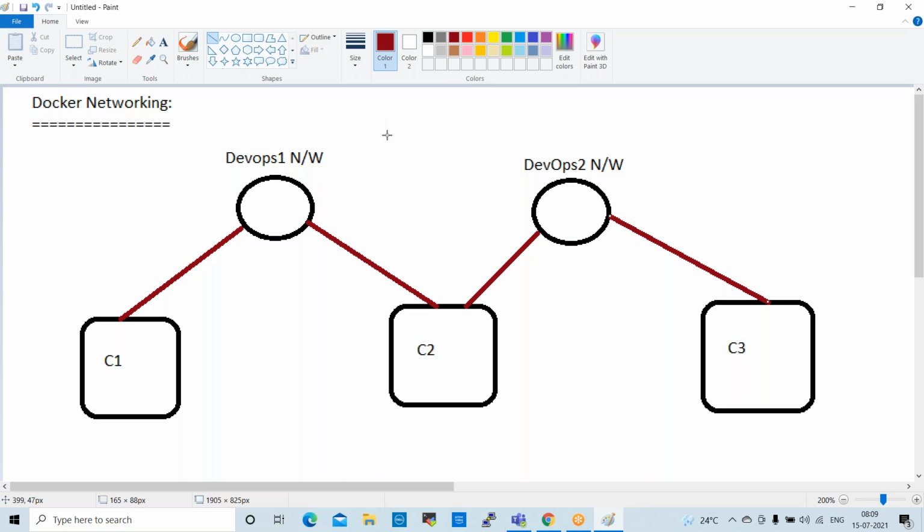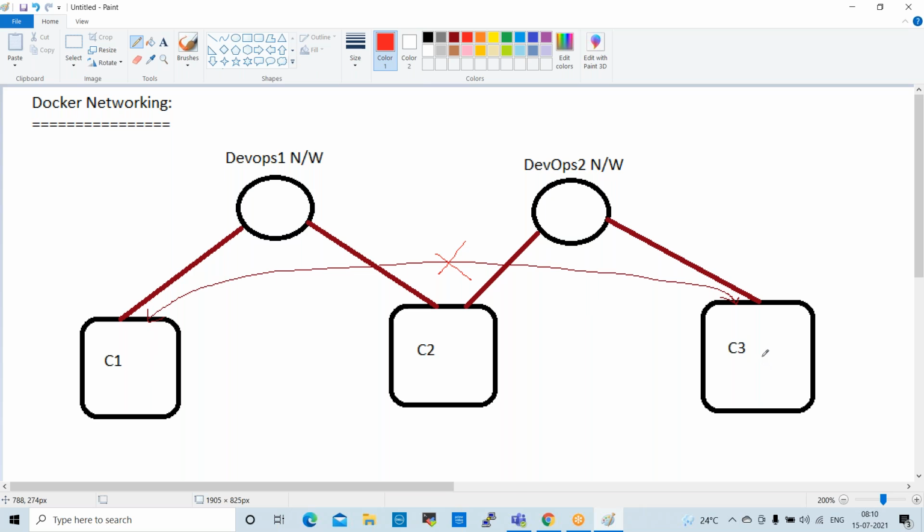But here is the restriction: from C1 to C3, I don't want to establish communication. I want to restrict the communication from C1 to C3.